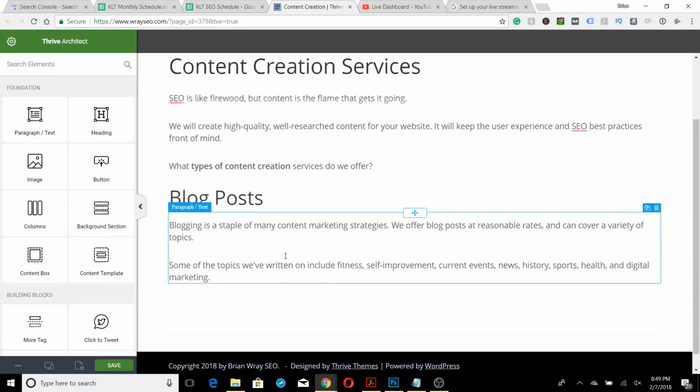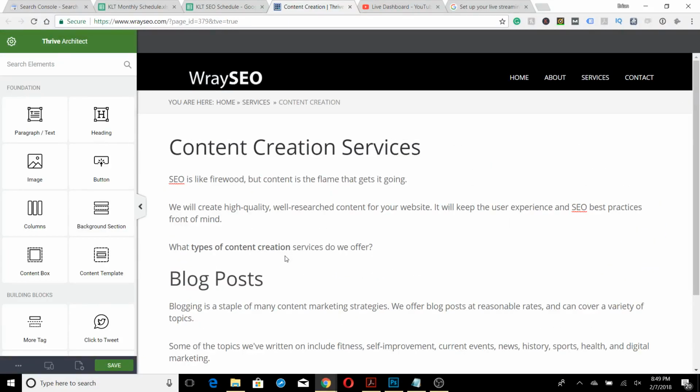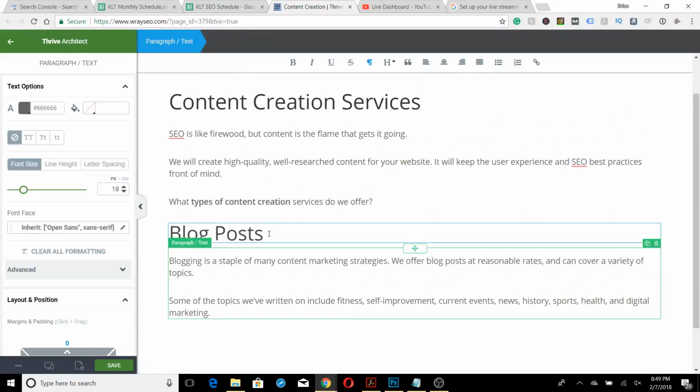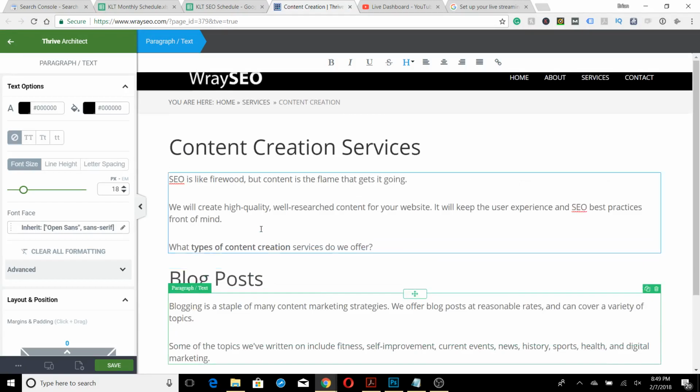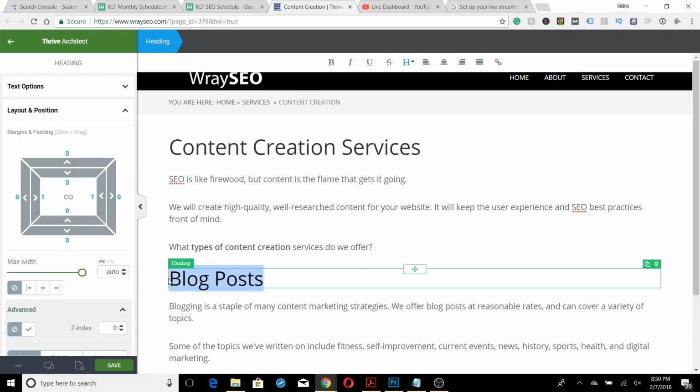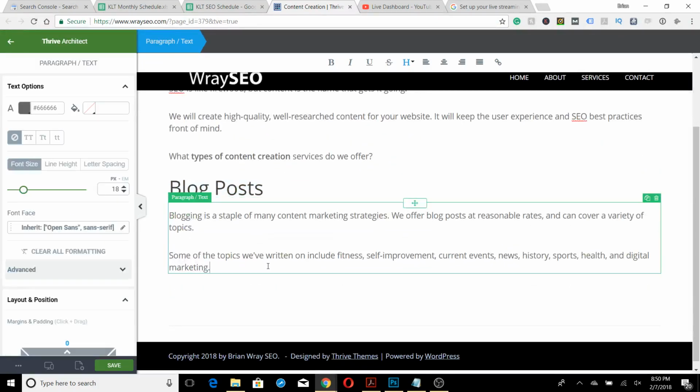Anyway, right now I'm working on my content creation services page. And here I'm just going to talk about the different content writing services I offer. Here's the first subsection. So basically I'm keeping SEO best practices in mind here. Got my H1 header, content creation services, and my H2. My first H2 is going to be blog posts. So I'm talking about how I will create the blog post for you